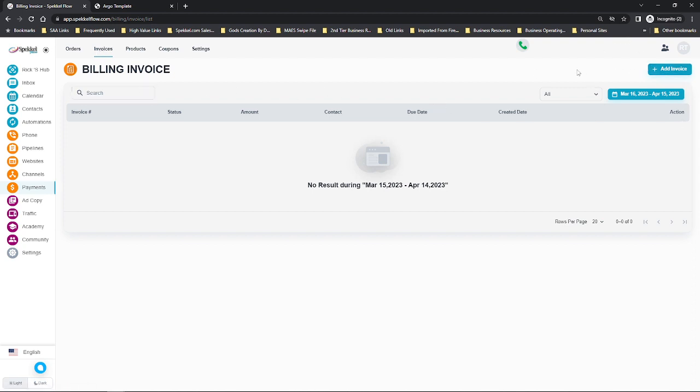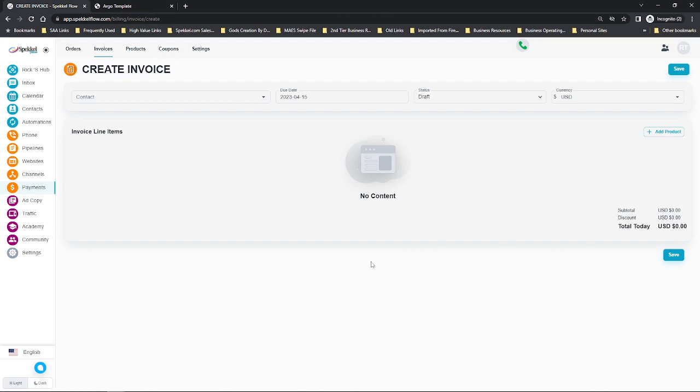So if you're sending out an invoice, let's say someone says, "Hey, I need you to do something for me," and you say, "Okay, great. What you need to do," and you do it, and you say, "Okay, I'll invoice you with the bill." And they'll go, "Okay, great. Send me over an invoice." You can come in here. You can click Add an Invoice,